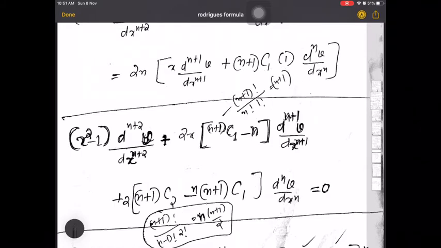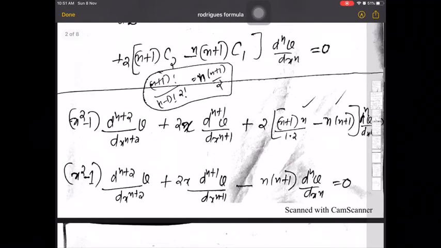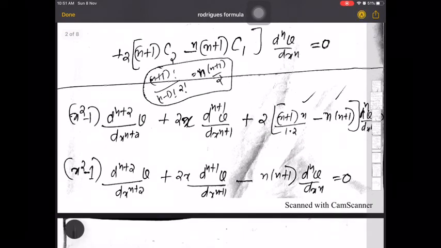So as they combine, you get this x square minus 1, d raised to n plus 2 v by dx raised to n plus 2, plus 2x d raised to n plus 1 v by dx raised to n plus 1. This one you get like this, and as these two combine, you will be getting minus n into n plus 1. Anyway, the final expression will be this